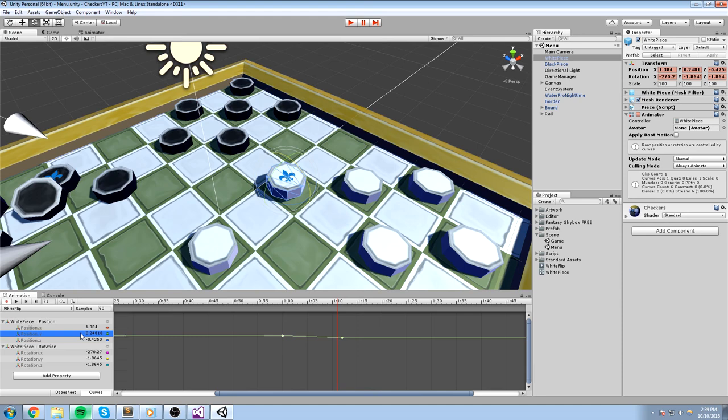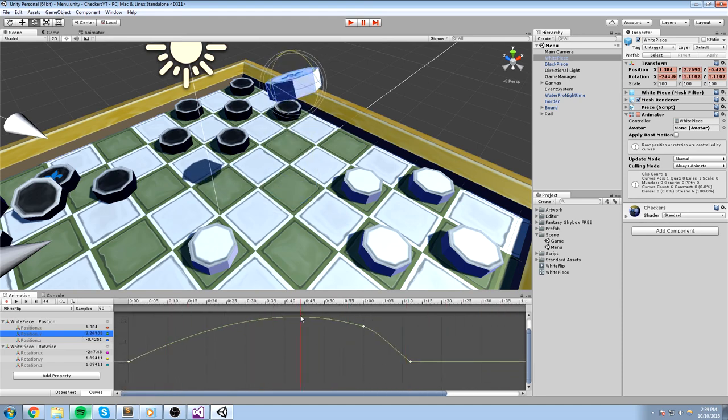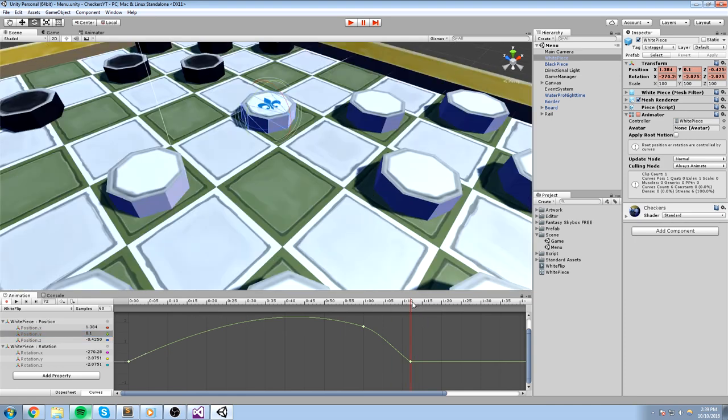Right, so this is what I ended up with. A nice little curve like that for the y-axis. So we go up super fast and then we gradually just slow down as we fall. And also we end up having the piece a little bit below where it should be right now, so that's very annoying. I believe that is because of the smoothing. So what I'll do is I'll just force it back to 0.1 right afterward, and hopefully it fixes my problem,